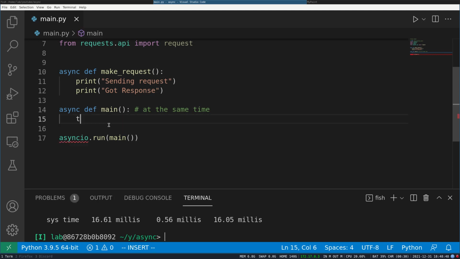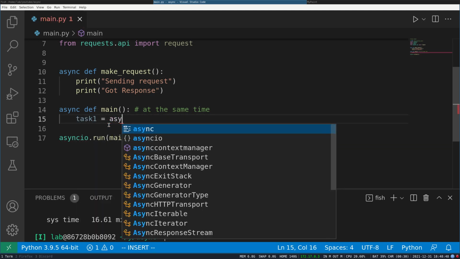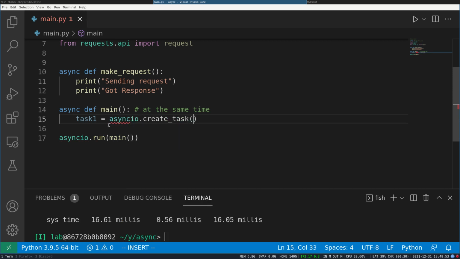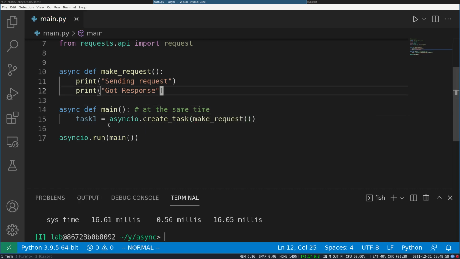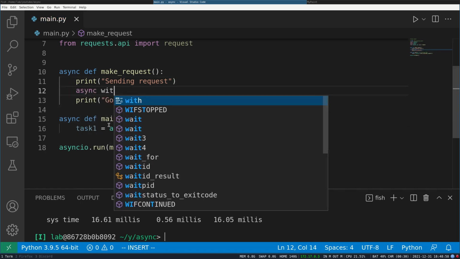The second way is the task one, which I was going to show. Create task and then you provide the function. Okay, sorry, let me also bring that back.